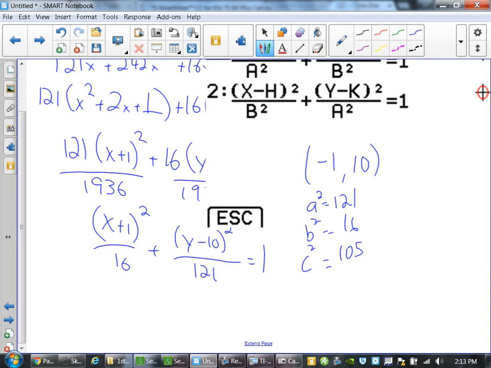So that means that my a value will be plus or minus 11, b value is plus or minus 4, and c value will be plus or minus the square root of 105. Now it comes into the quick idea of what do I have to add and subtract to figure out the vertices and the co-vertices. When you have the vertex, we know that it's being stretched up and down. When you stretch up and down, what doesn't change? The x value. The x value won't change because it's got to be vertical. So all you have to do to figure out,